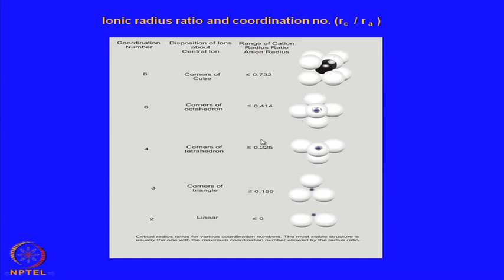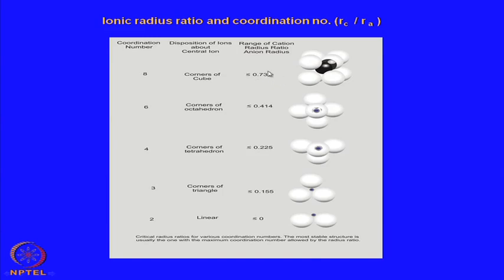So, if the radius ratio is between 0.225 and 0.414, then you have a stable tetrahedral coordination, fourfold coordination, till it reaches this value. If the radius ratio increases beyond 0.414, then the octahedral or sixfold coordination will be stable till it reaches another value,